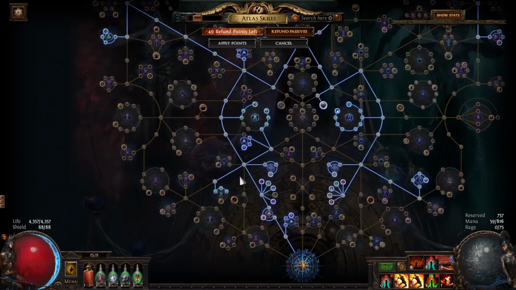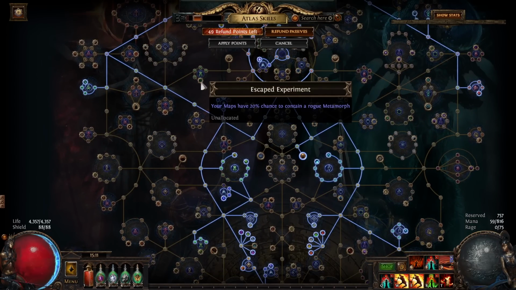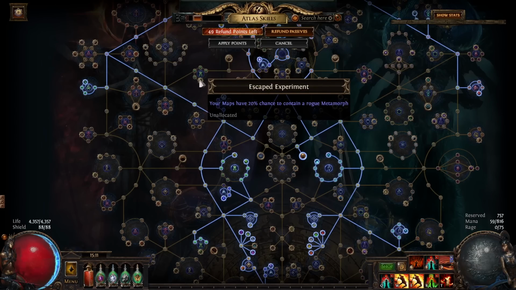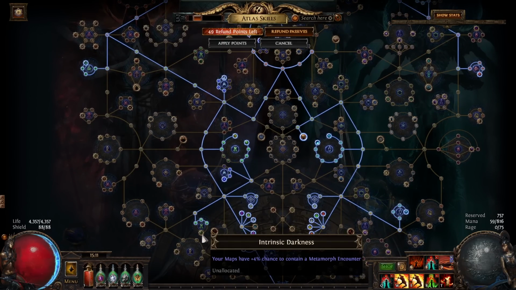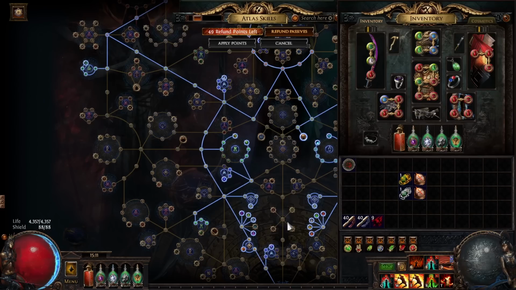my opinion. And the last two, I actually didn't go for them because, to be honest, this one, the chance for the Rogue Metamorph, is actually completely useless. Rogue Metamorph most of the time is not dropping anything and it's only 20%, I guess a little bit more with small ones, but small chance to get him, and most of the time it's not gonna drop anything anyway, so I decided to not go for it. And this one gives you a chance for Metamorph, and we already have a 100% chance because of Scarab, so